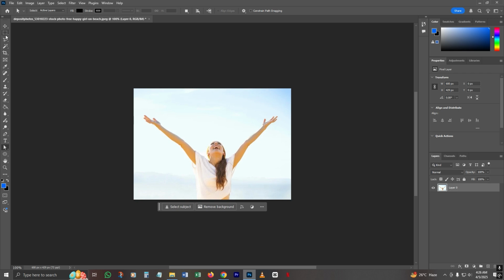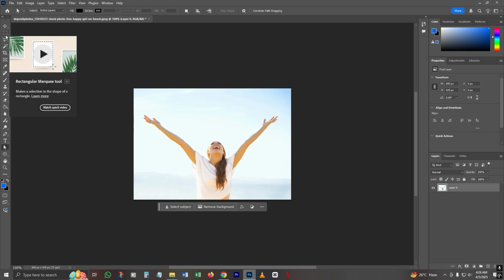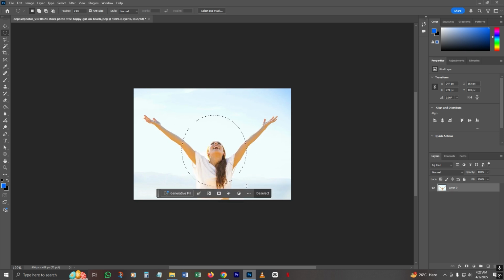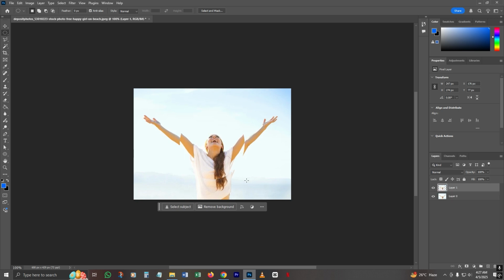The first one is the marquee tools. Yes, it's a set of tools like rectangular tool and elliptical tool. You can select any of those, select a part of the image, then hit Ctrl C, then Ctrl D to deselect the part, and then if you click Ctrl V, the part of the image gets copied as a new